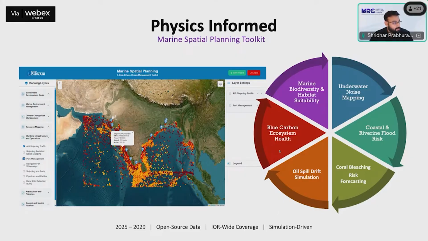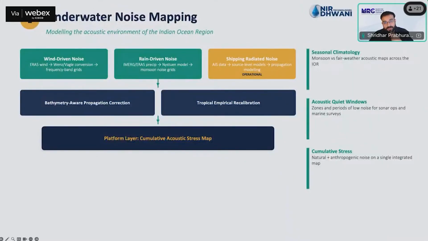But an important aspect to consider is that the key of the MSP tool that we are building is that we are not just putting AIS data on a map and saying these are where the vessels are situated. What we are doing is calculating the noise that each ship is generating. For example, in this one, if you hover over a particular dot, each of those dots represents a ship in the Indian Ocean. You can see what the ship is and what speed it is moving at. But more importantly, the color coding represents the noise being generated by the ship. So it's not just about putting up a static map of data, but rather calculating an attribute of interest.